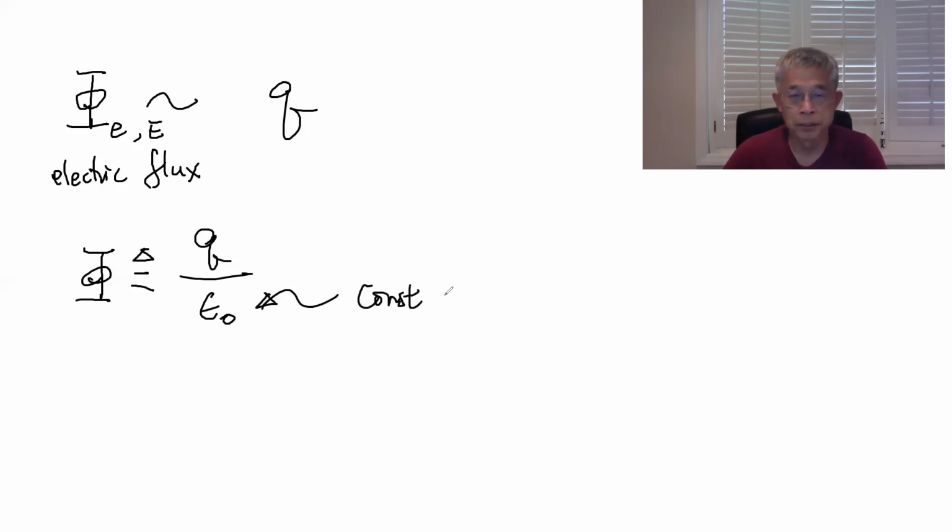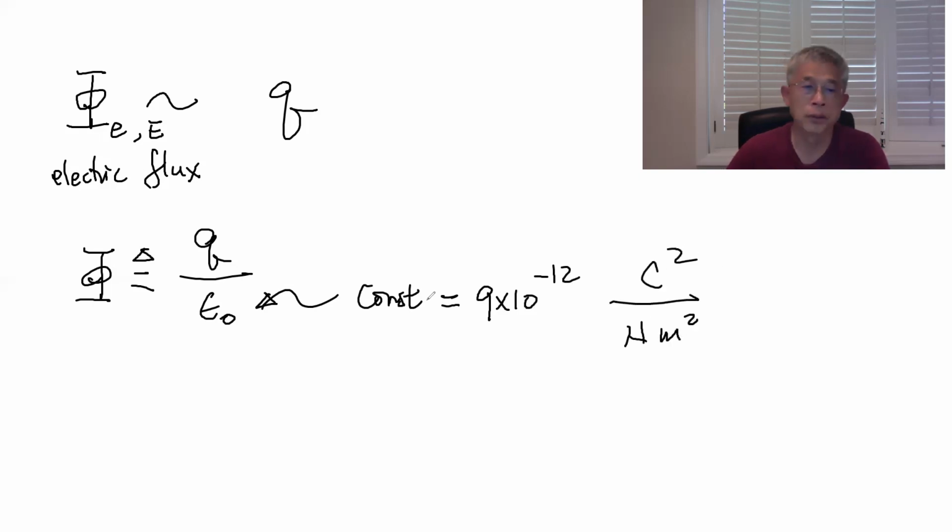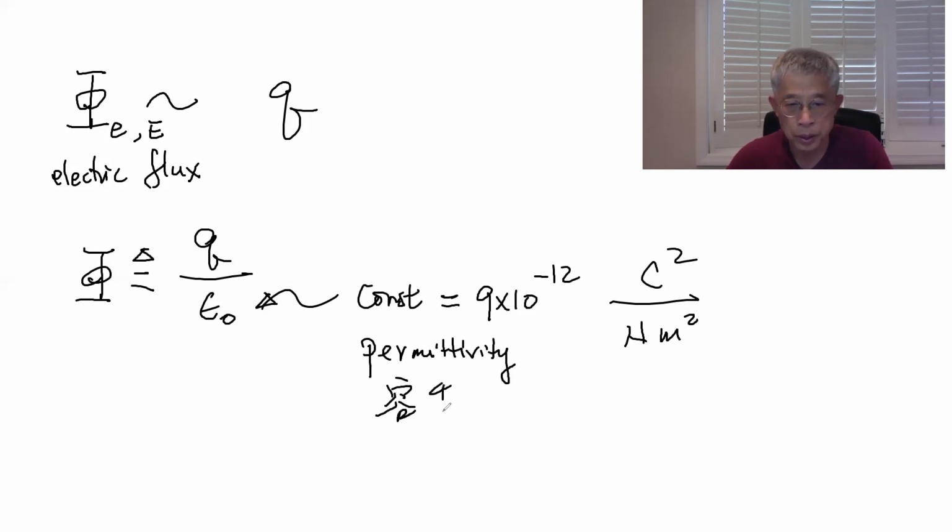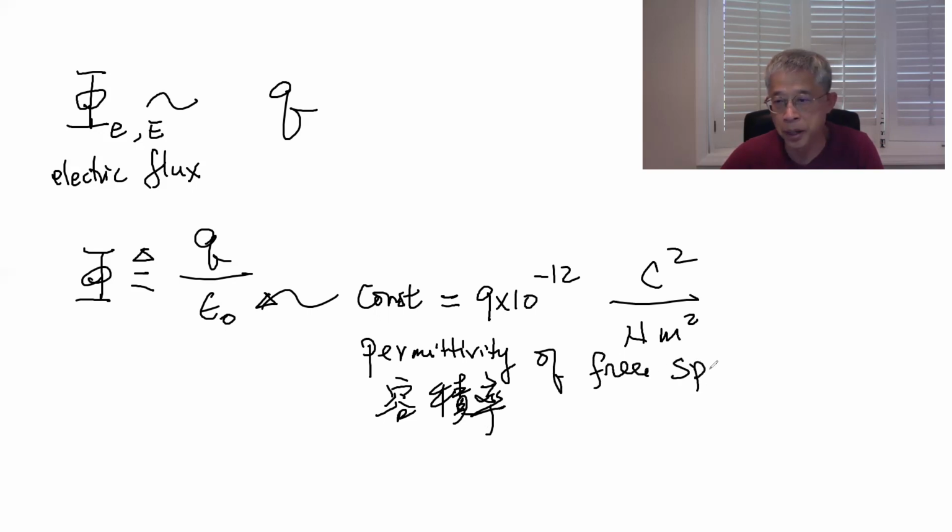And this constant is equal to 9 times 10 to the negative 12, okay? And that's Newton meter square and then C square, okay? So that's the constant, and it's called permittivity, double T. And in Chinese, it's called 容积率. So it has to do with some kind of capacity, okay? So permittivity of free space. When we say free space, it's talking about air right now, okay? Air, vacuum,